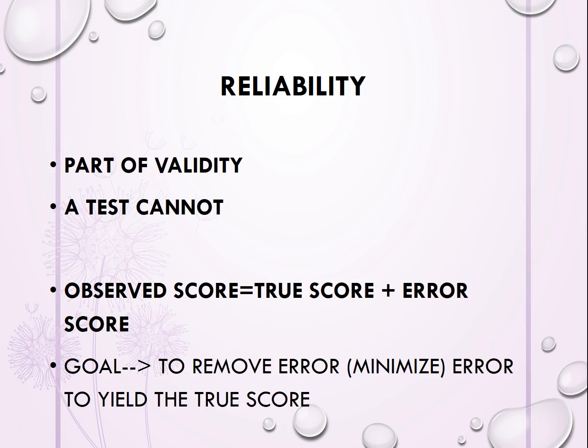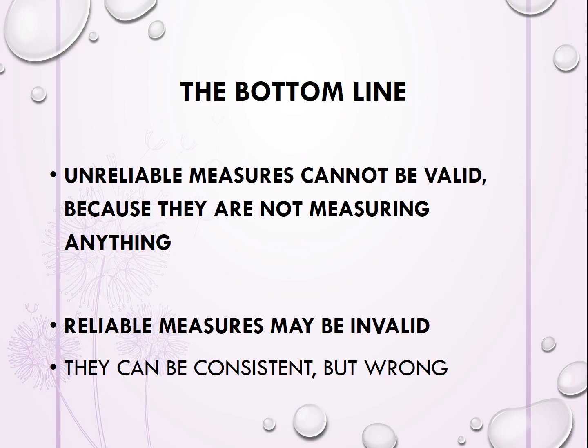Theoretically, an observed score consists of the person's true score and error score. True score is the individual's real score and does not contain measurement error. Error score is the part of an observed score that is attributed to measurement error. Observed score equals true score plus error score. Our goal is to minimize error to yield the true score. Bottom line, unreliable measures cannot be valid, because they are not measuring anything. Reliable measures may be invalid. They can be consistent,